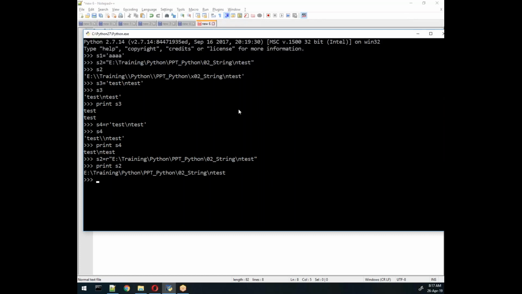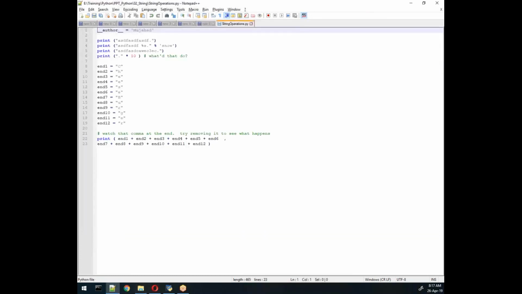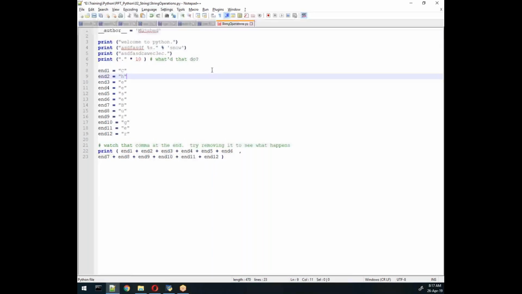This is one thing I needed to share with you, because I saw it last time. Now another thing is the concept called string. Suppose I write some programs here. With the help of print, we can write some message, like welcome to Python, any message, or you can use a format specifier. This is called a format specifier. The benefit of the format specifier is